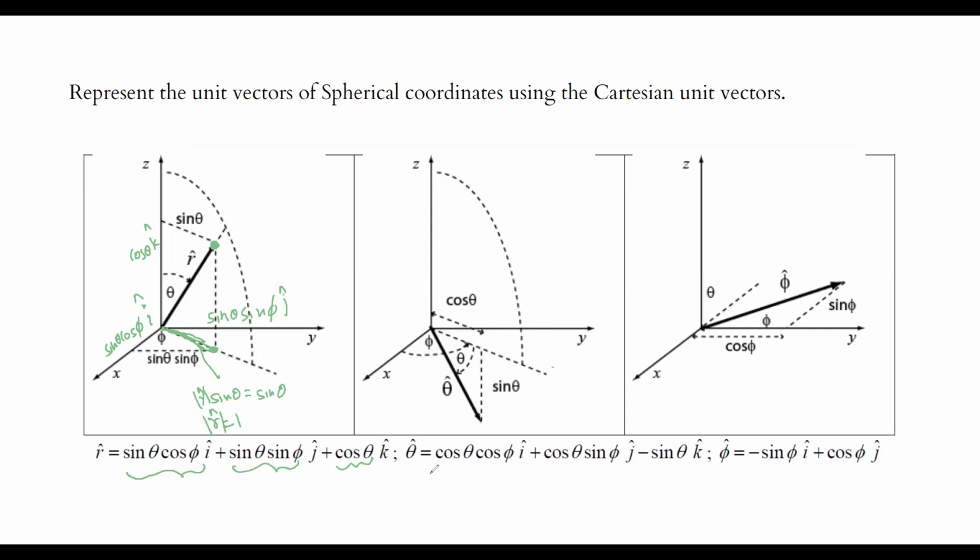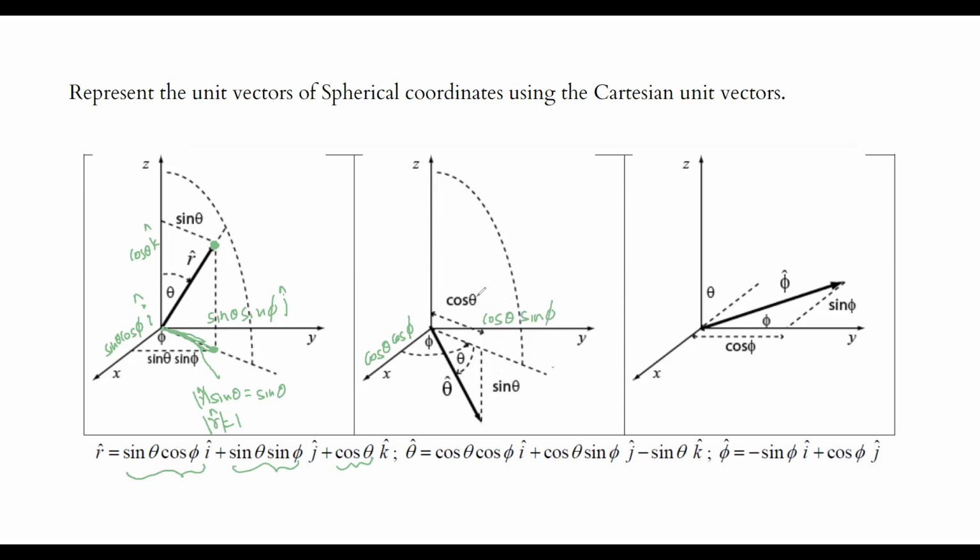For the theta hat, we can do the same thing. For the general vector that we are considering, first, we need to take the projection of the vector which has the theta hat unit vector onto the xy plane. So we can take the projection as cos theta, and then cos theta we can divide along the xy axis as cos theta cos phi, right? So this is going to be cos theta cos phi. This is going to be cos theta sine phi,